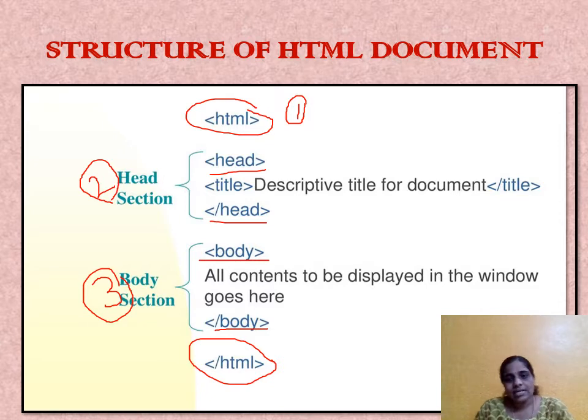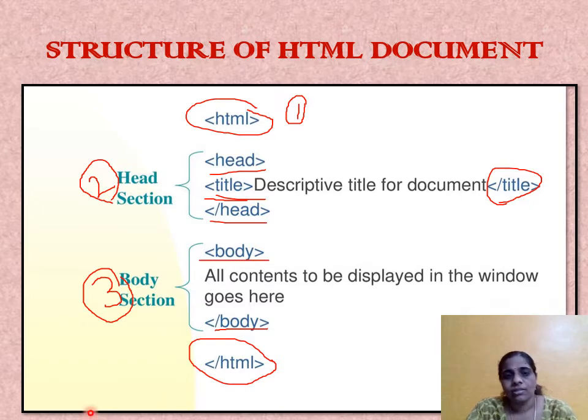In the head section, as the name suggests, you will give the title of your document. What do you mean by title? It displays the name of a file. You can also say it is the name of a file. Where will it be displayed? It will be displayed on the title bar. That one you have to write within the head. That is called title. It has an open tag and this has a close tag. Close tag is nothing but the slash. This is called the close tag.